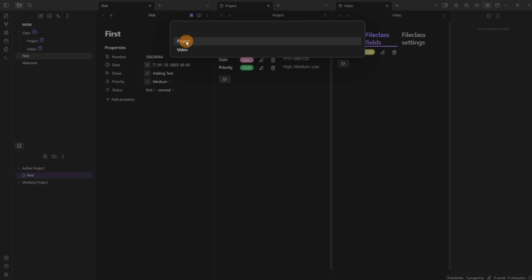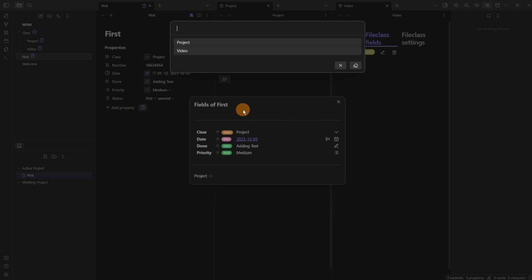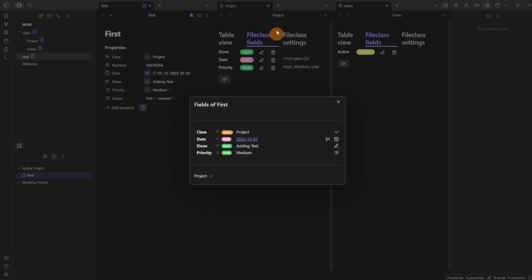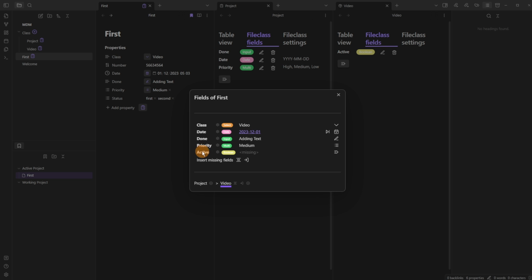If I add a project file class and click on the icon, we get the class dropdown, which now includes the video class, and the 3 properties inside of the project settings. However, if we change this to video, now it's adding in the video class setting. So down the bottom you see project, these 3 fields highlighted because it's in the project class. To video, that's the active field because the video is the child to the project class, which is why it's